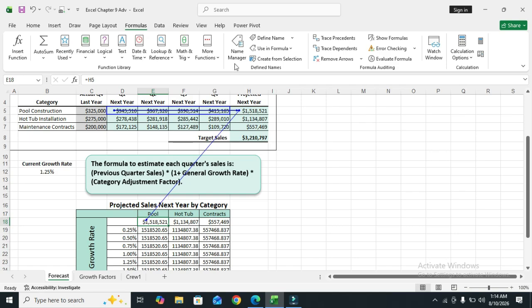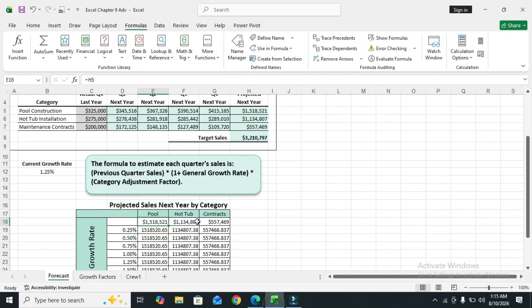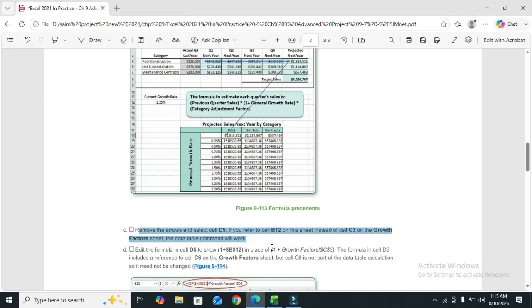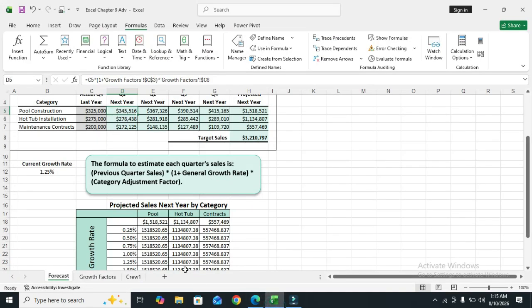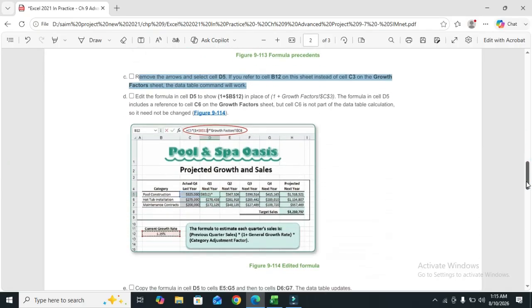Click on Remove Arrows and select cell D5. If you refer to cell B12 on this sheet instead of cell C3 on the growth factor sheet, the data table command will work. So part C is also done, so we move to part D of this step.